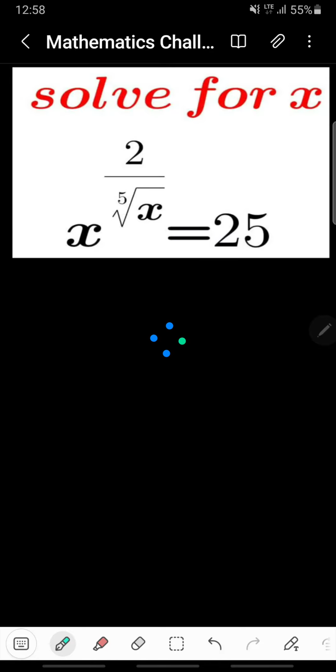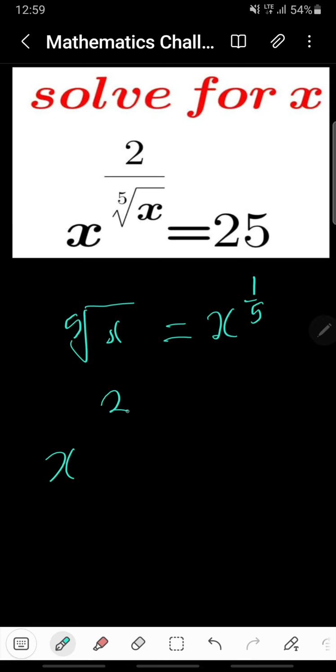We have another indices problem here. It's going to involve a lot of manipulations and substitutions. So let's start from what we have at the denominator of the exponent. And this can be written as x to the power of 1 over 5. That is x to the power of 2 over x to the power of 1 over 5 is equal to